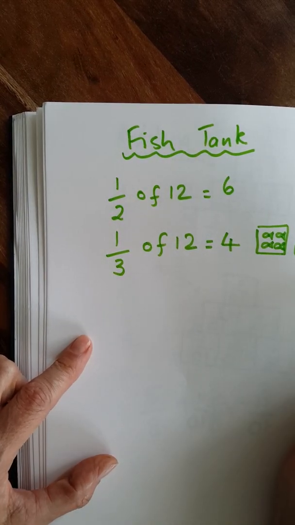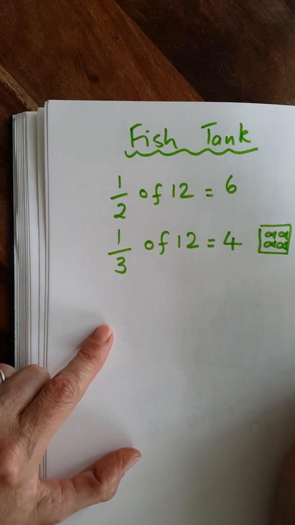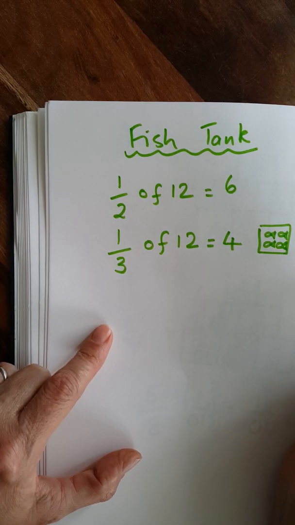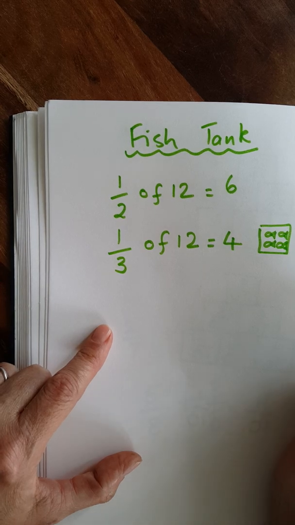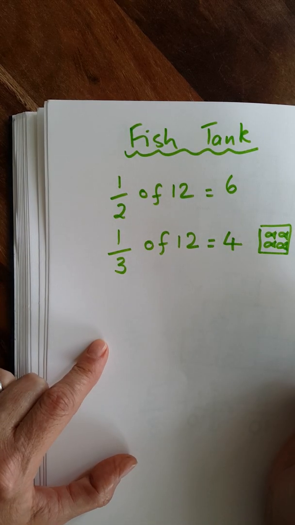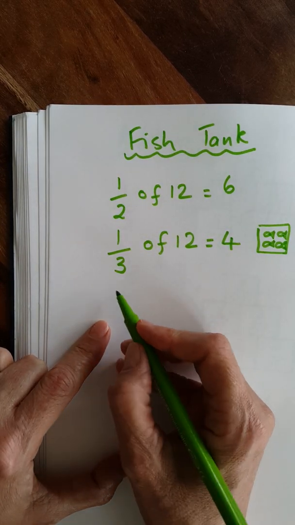So now you need to think about other ways of splitting them. So you could talk about quarters, or you could think about sixths. So you can split them into 6 groups, or you could split them into 12ths. You wouldn't have very many in each tank. So the other thing to think about is you could do something like